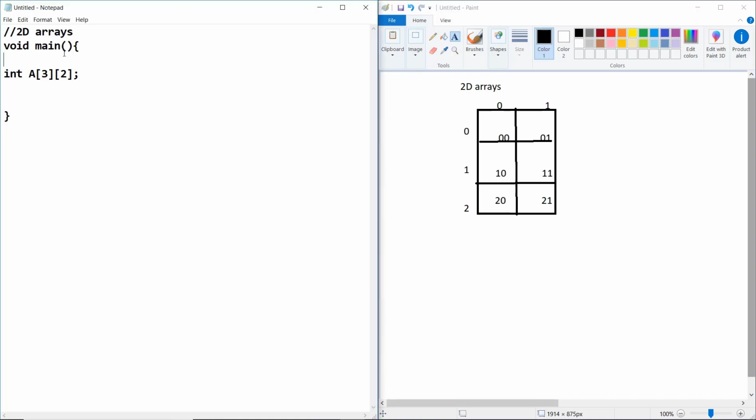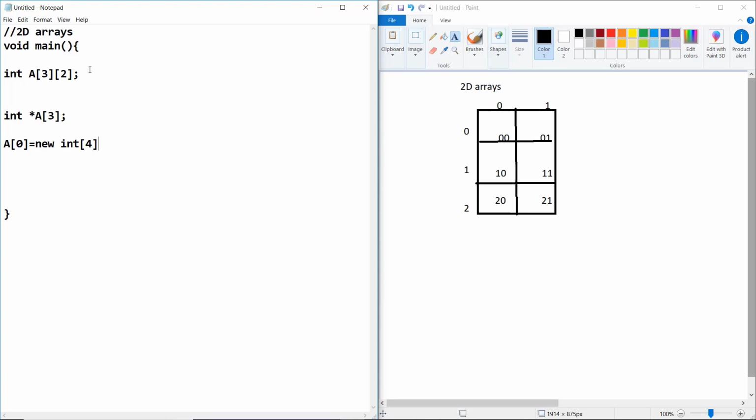This is one form of declaring. Let me teach you another way of declaring an array. int star capital A of 3. If I declare it this way, then for the individual elements I should define a specific size, let us suppose 4.